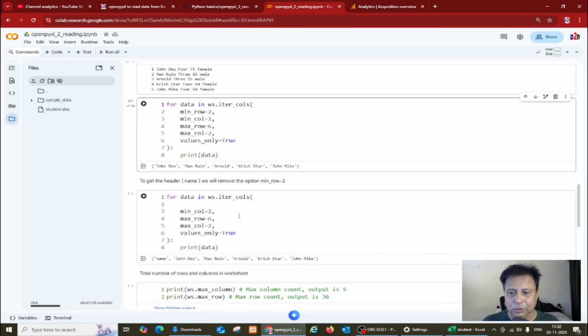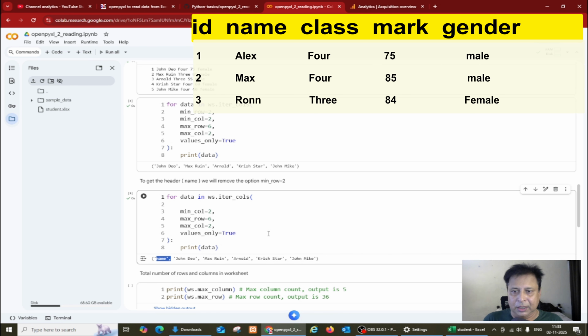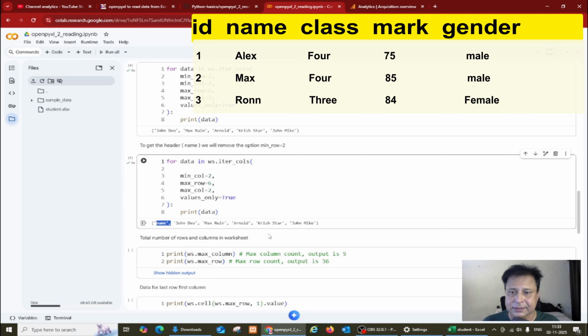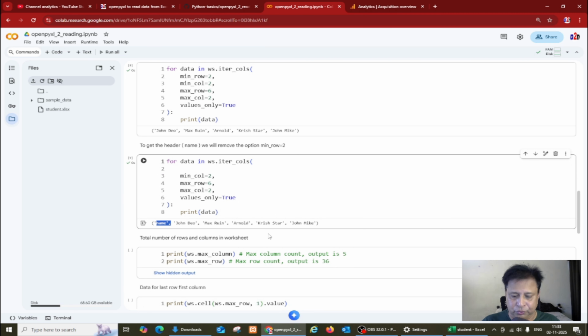So we want to get the header names. See here, the name header has come here. What changes have we done? Minimum column is 2, max column is 2, max row is 2. So it starts from the beginning. Now let's move on, because here the minimum row is 2, now that we have removed